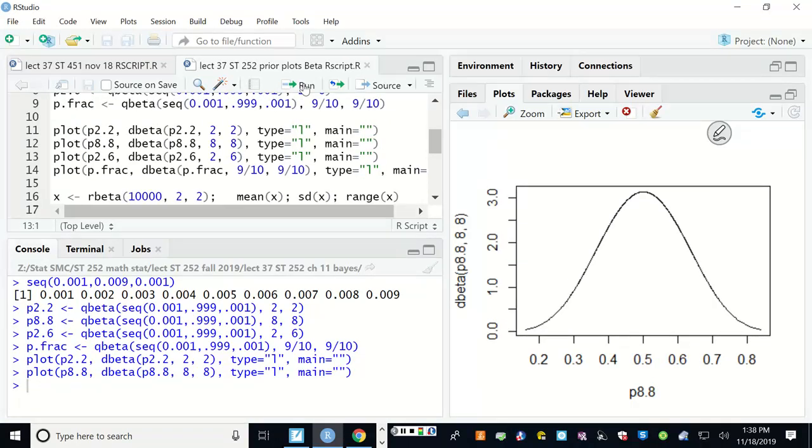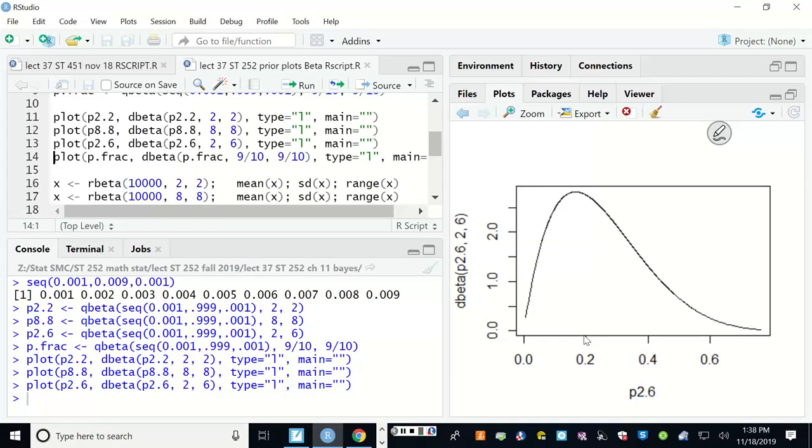It still goes from 0 up to 1, but again, it's pulled in to the middle a little bit. It looks a little bit more normal shaped, but it's more concentrated here in the middle. If it's 2 and 6, things are imbalanced between these two, and then the probability density would be less. So if you're auditing reports and you think that there's not going to be that many errors, but you're really kind of unsure, and you think the error range is 5%, 10%, 20%, maybe up to 40, something